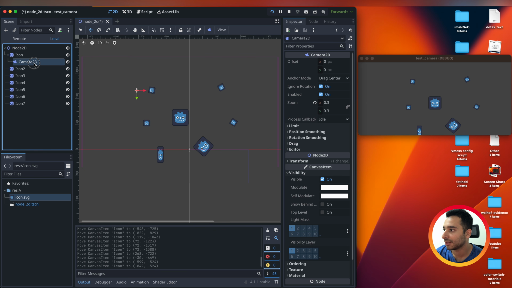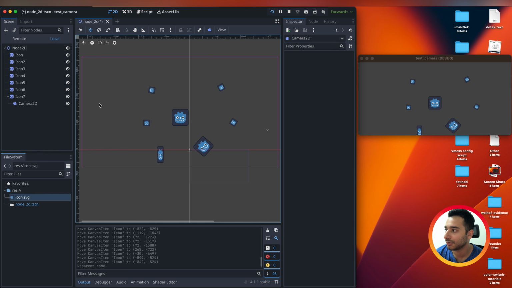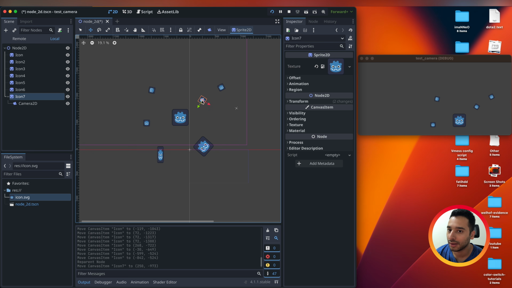And also we can put the camera on other components. For example, now if you move this one, you see that the camera shows a different position of the world. And also you can have multiple cameras. For example,